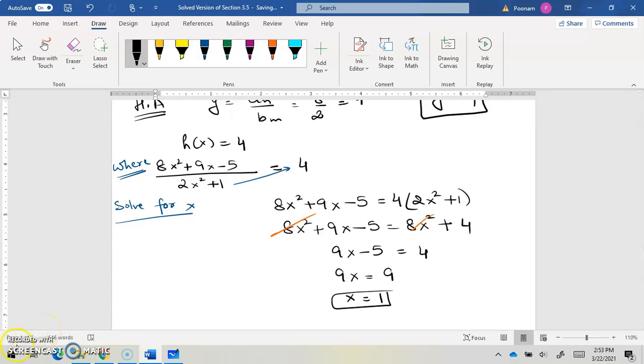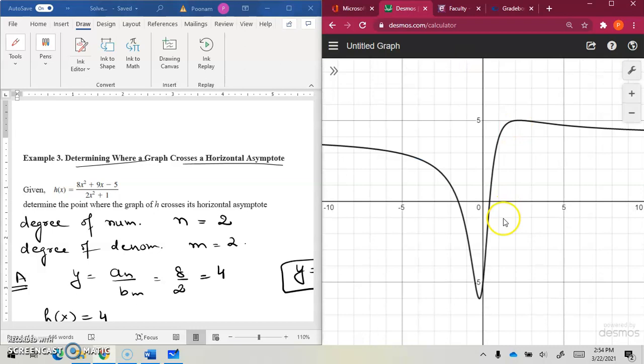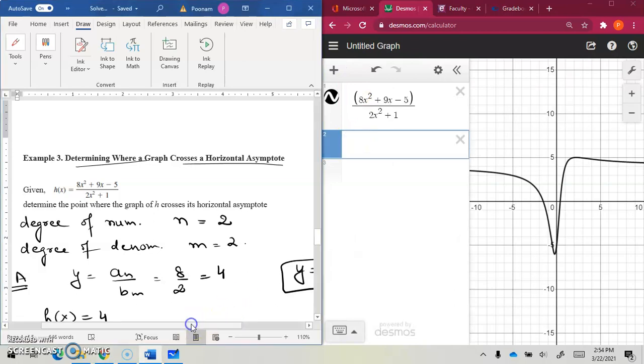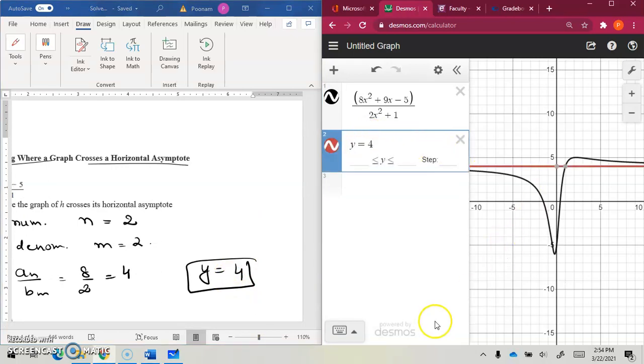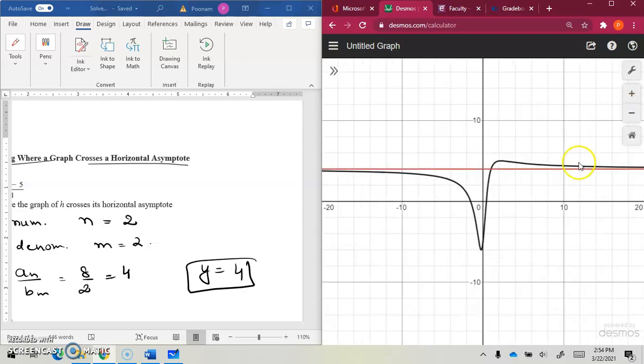Let's check it on Desmos. So, I went ahead and wrote this function h of x from here on Desmos. Let's look at the graph. If you notice, this is the graph. Let's also plot the horizontal asymptote. We said that the horizontal asymptote is y is equal to 4, so let's write here y is equal to 4, another line. If you notice here, this red line is y is equal to 4. y is equal to 4 is the horizontal asymptote, clearly, as you see this branch and this branch, but it